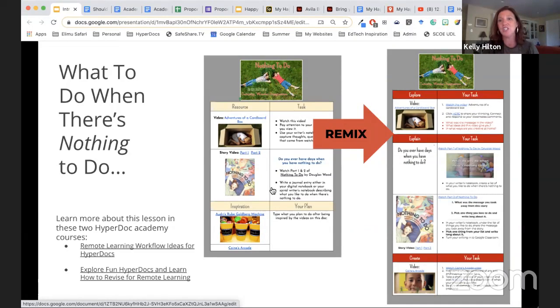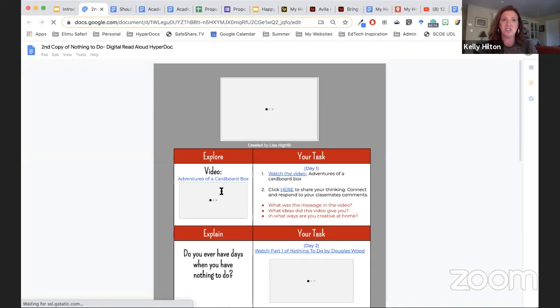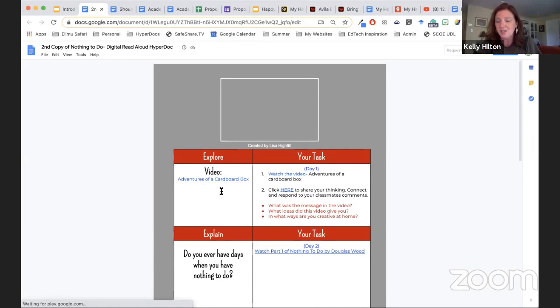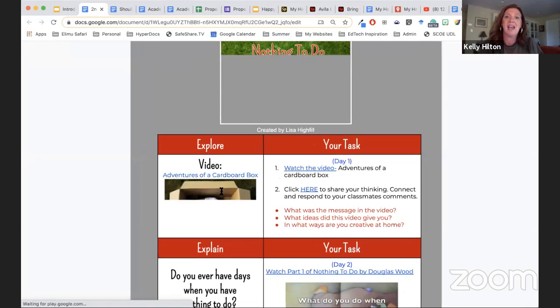So I encourage you to take a look at these two lessons. Now this one started with just the resource and then the task. But then when it was reimagined for remote learning, some other things were added. It added a digital read aloud, because maybe that's just not feasible in the schedule to do the read aloud with your students. So you can link up a digital read aloud for them to watch, and they can go